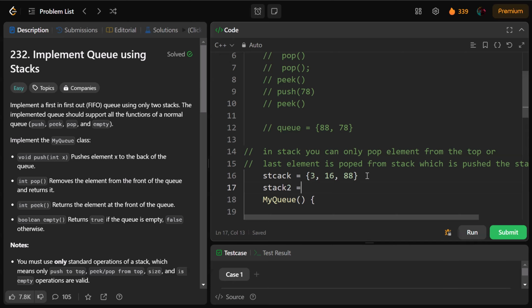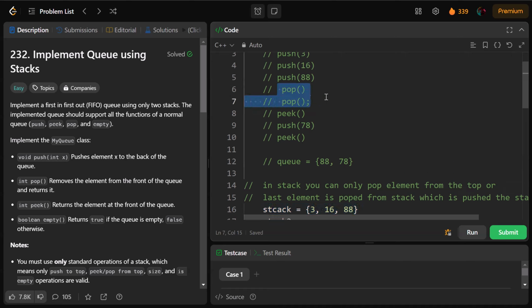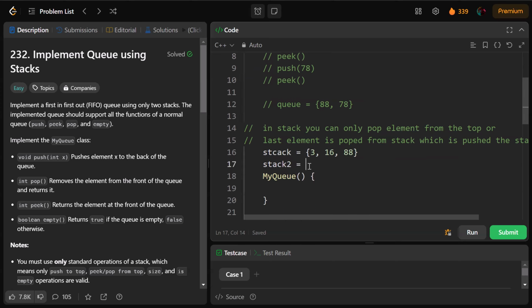Whenever the pop function is executed, I'll take out every element from stack 1 and push it into stack 2. It will be 88, then 16,